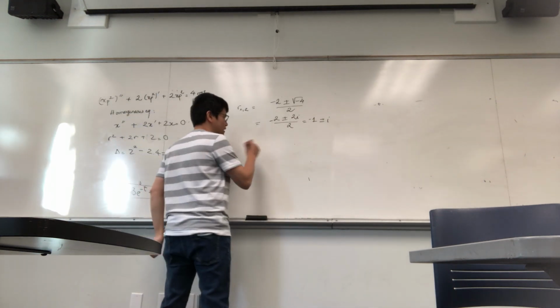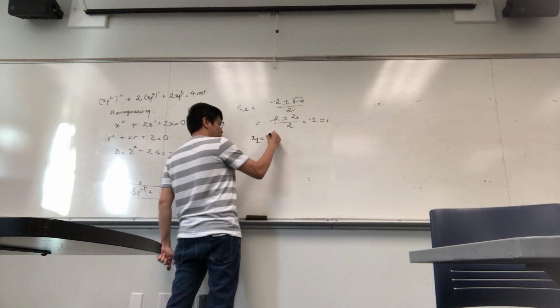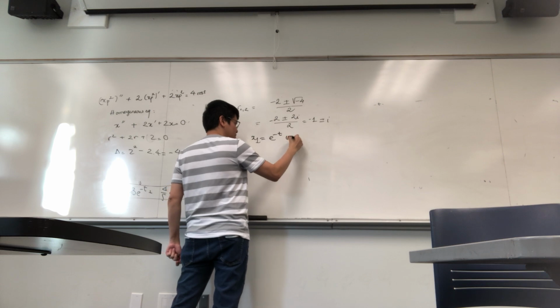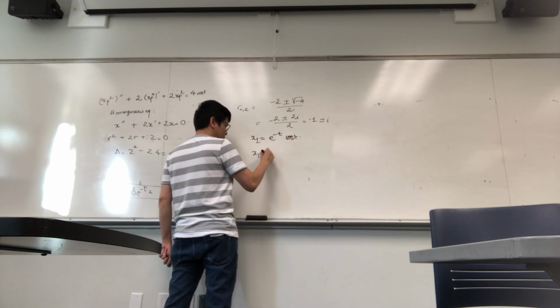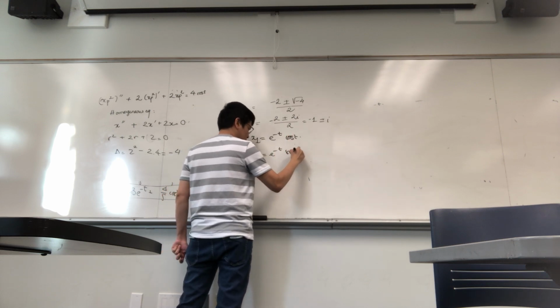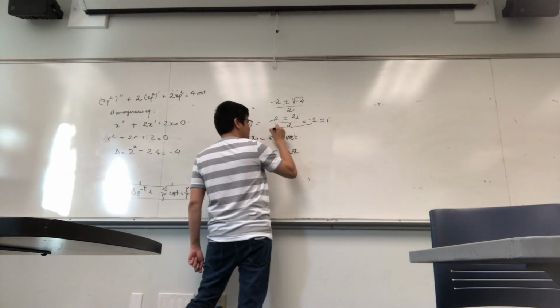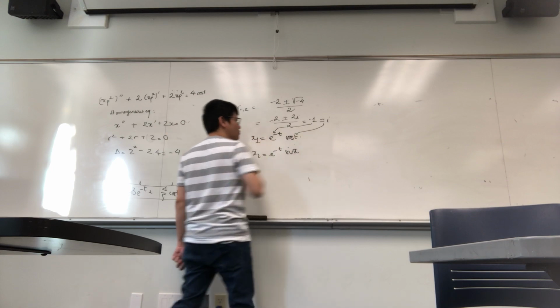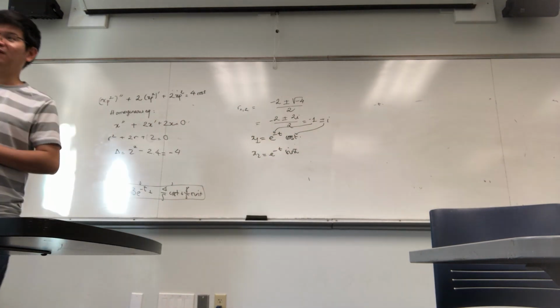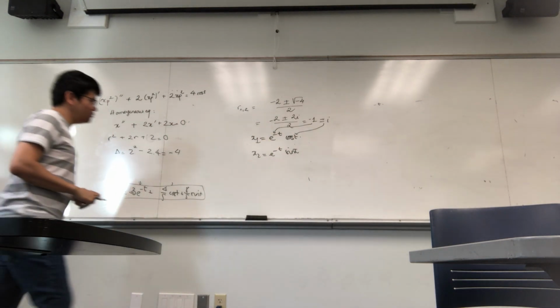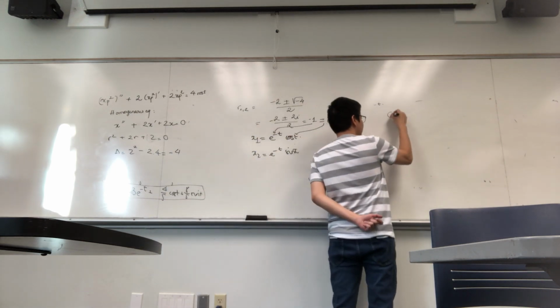So x1 will be e to the power minus t cosine t. X2 will be e to the power minus t sine t. All right? Questions? So the general solution will be